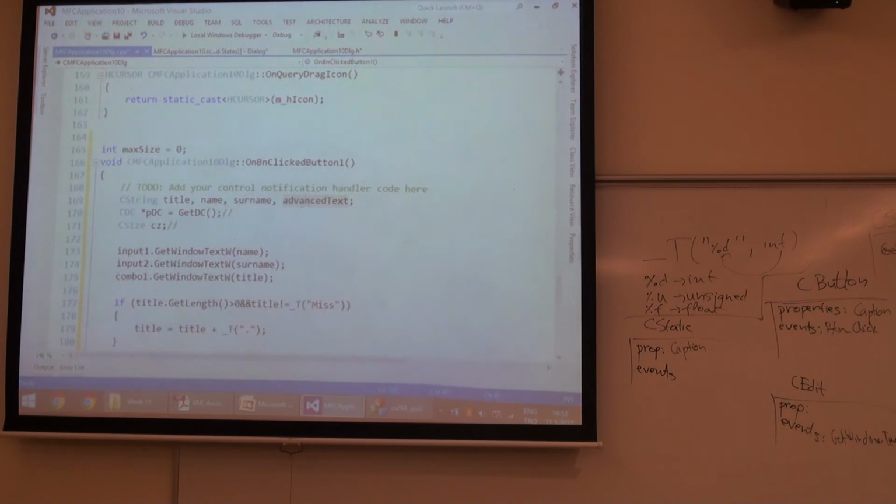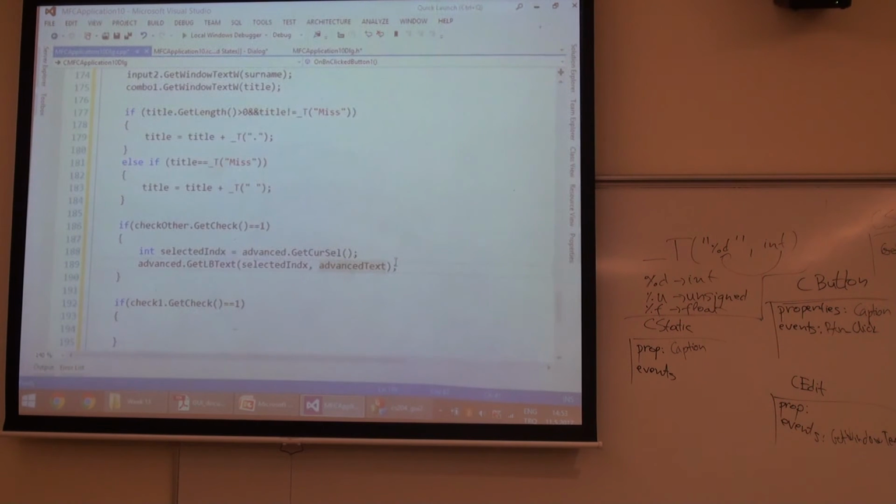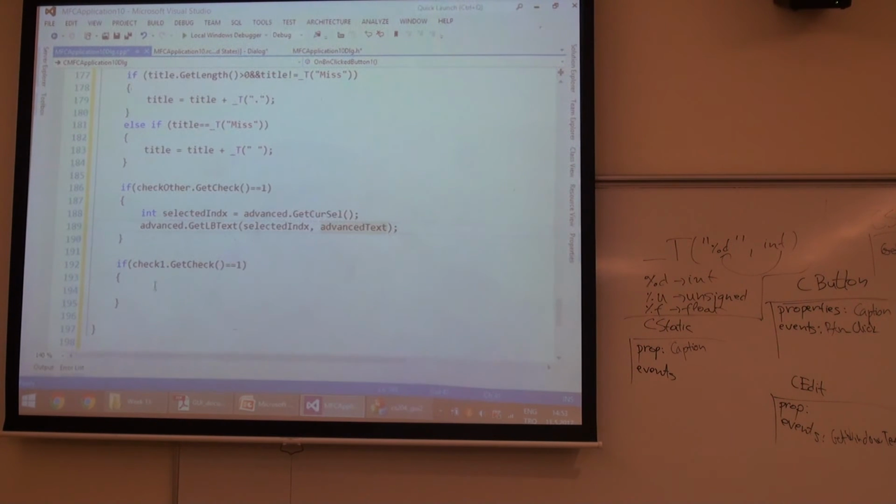The advanced text that I defined here in the beginning. So I have the advanced text. Now I should add others to check whether this text that I've already taken, I should append it to this part here. So I go and I check whether check 1 is equal to get check. If it's checked, very easy. Then the result